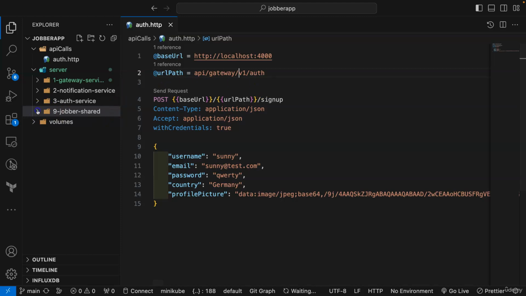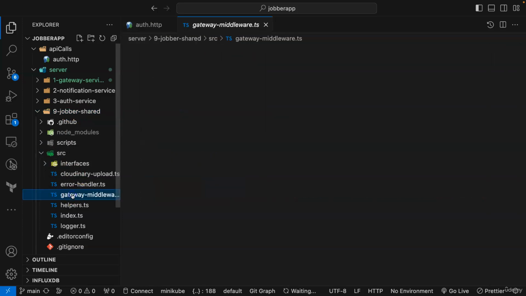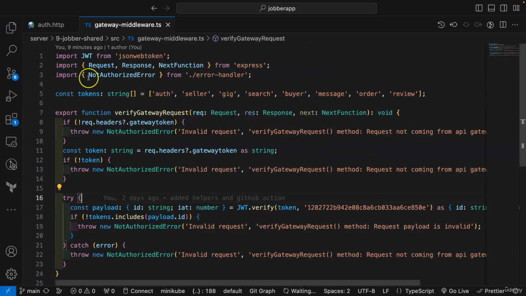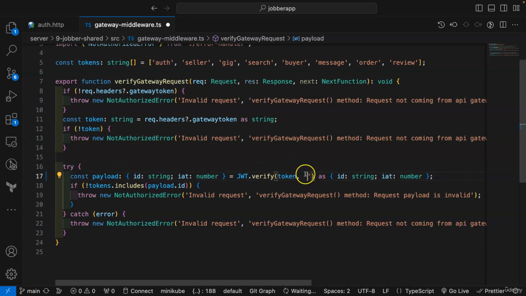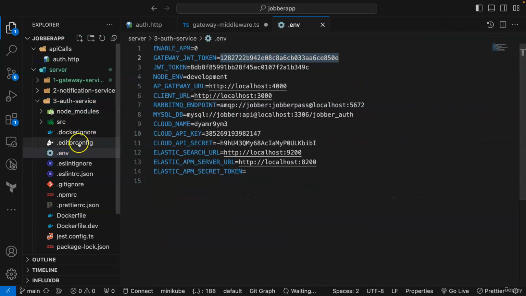So first, if you go to your Jobber shared library and then go to your gateway middleware, the first thing you need to add is this token. Previously, it should be something like this for you, at least. It should be empty. So in order to add the secret, you can go to one of your other services, maybe your auth service, go to the env file, gateway JWT token, copy your gateway JWT token,